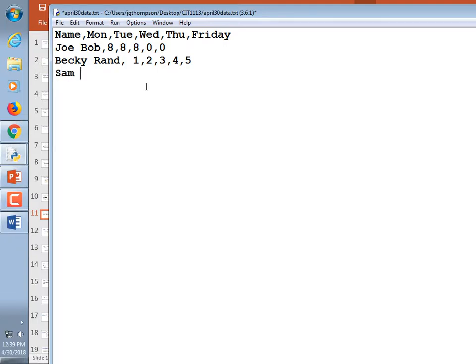And then lastly, Sam Hill: no hours on Monday, Tuesday, Wednesday, or Thursday, but came in and worked 5 hours on Friday. Okay, this is what's known as a comma delimited file. Delimited meaning just the symbol that separates all the bits of data is a comma. So save that,